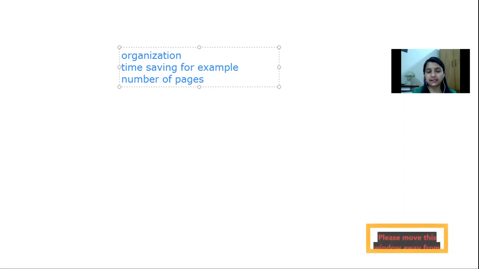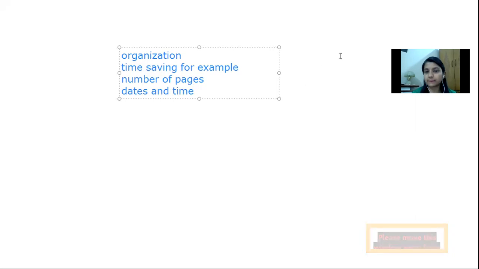Also, we can say that we could add dates and time. In this case, we can recognize in which date we have created it, or at what time we want this to be received by the receiver. Okay, so these could be some of the uses of headers and footers. Okay, so I'm stopping this whiteboard and